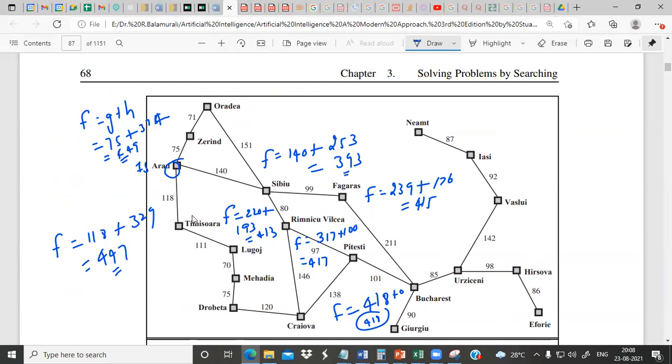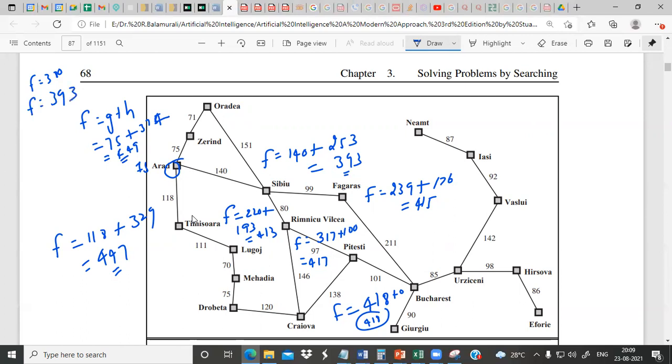So the algorithm, what it says: initially we kept f as 380, but with 380 we are unable to reach anywhere. We have only reached Arad, nothing else. So the IDA star algorithm says to find the next value with the least f value you can reach. We can reach CPU with a minimum increment of 39, making it 393. So now the algorithm says make f equal to 393.